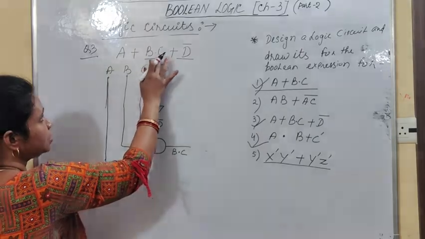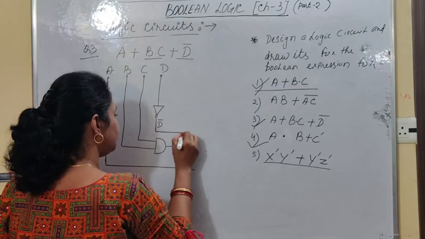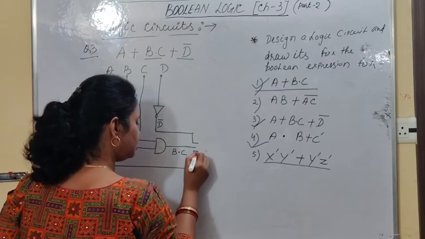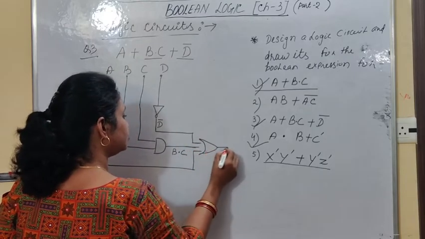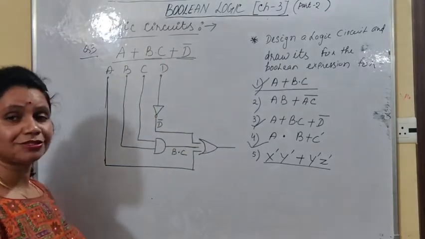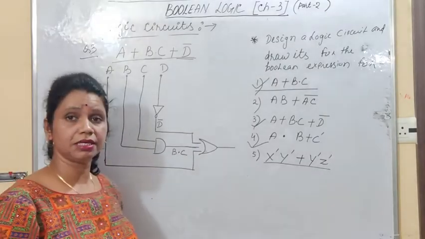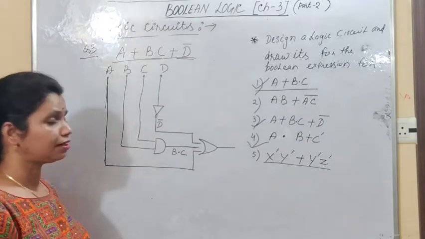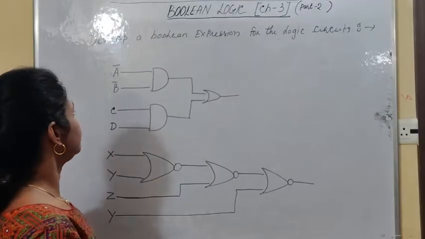Now A plus B dot C plus D bar. Now you just extend the A signal and D signal also, D bar. This one is our D bar. Then just join these signals to each other. After that you have to draw one OR gate. So students, this is the output of this particular Boolean expression. So right students, now I think all of you have cleared your doubt about the logic circuit. That means how to draw the logic circuit of any Boolean expression. Is it not? Next questions we will discuss.